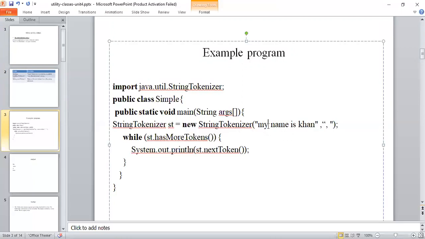If each word of the string is separated with a comma, you can use a comma; if the words are separated with a space, you directly give your delimiter as a space. This is my string, and each word of my string is separated with a space, so here I represented a space.